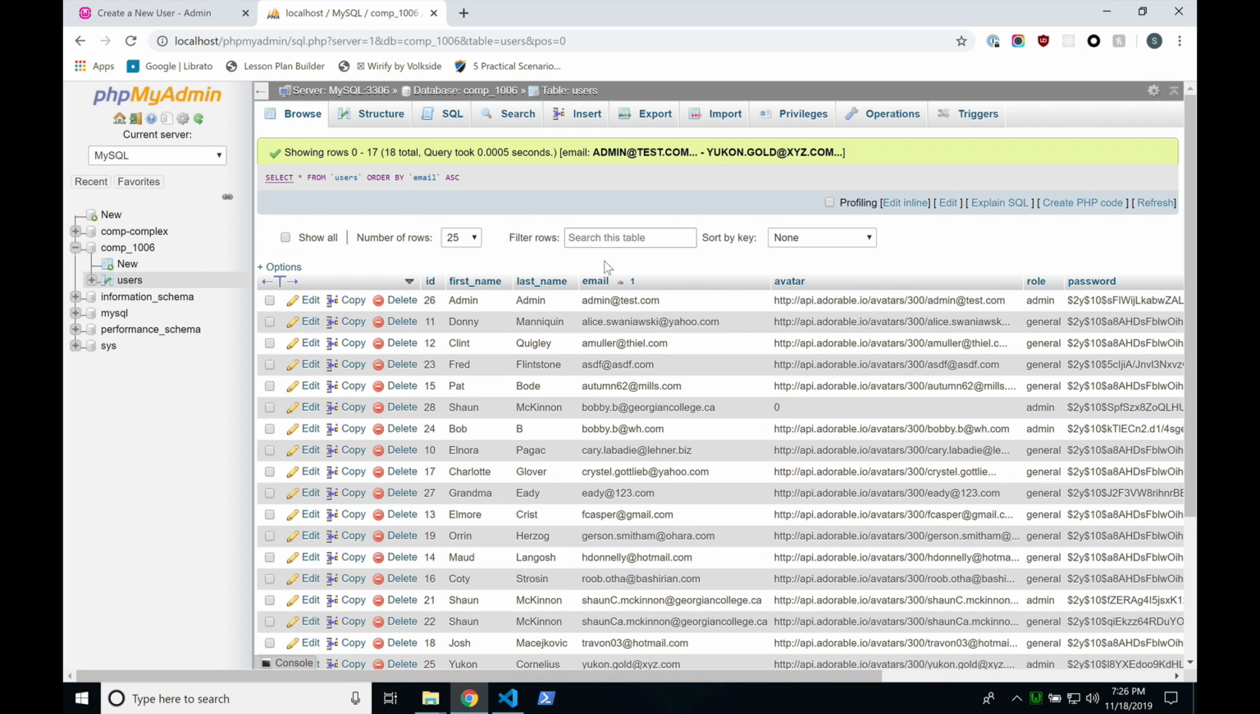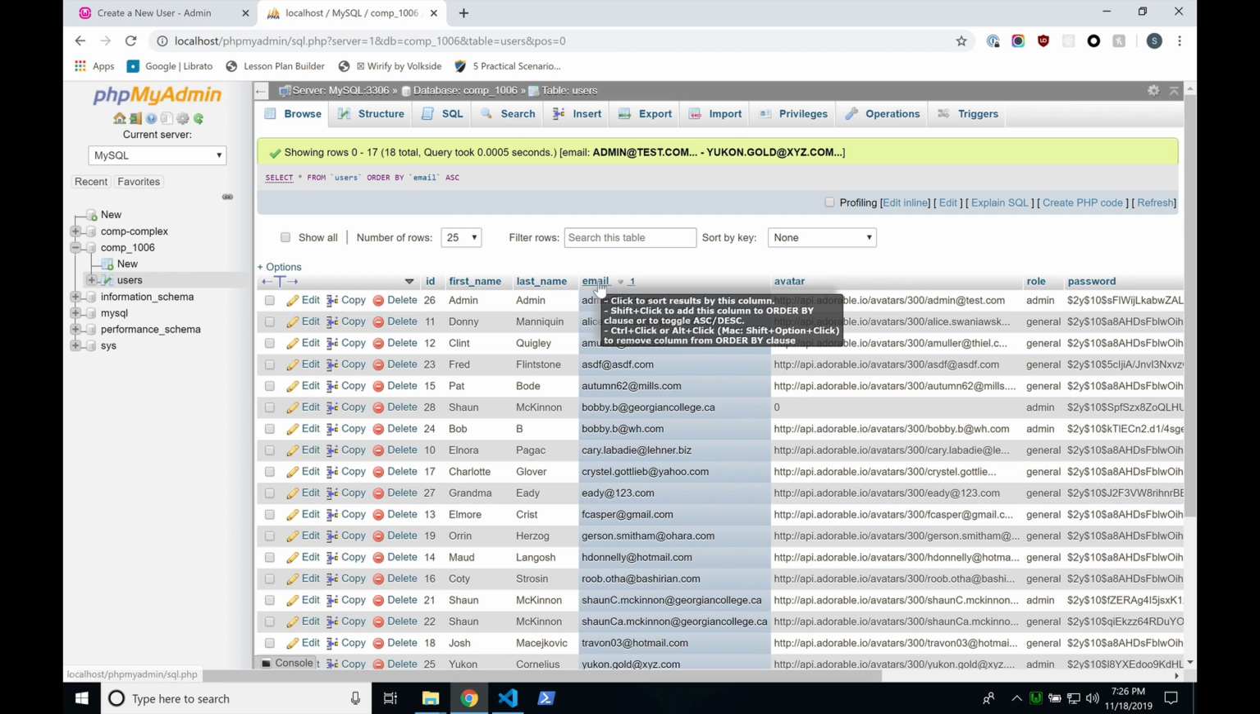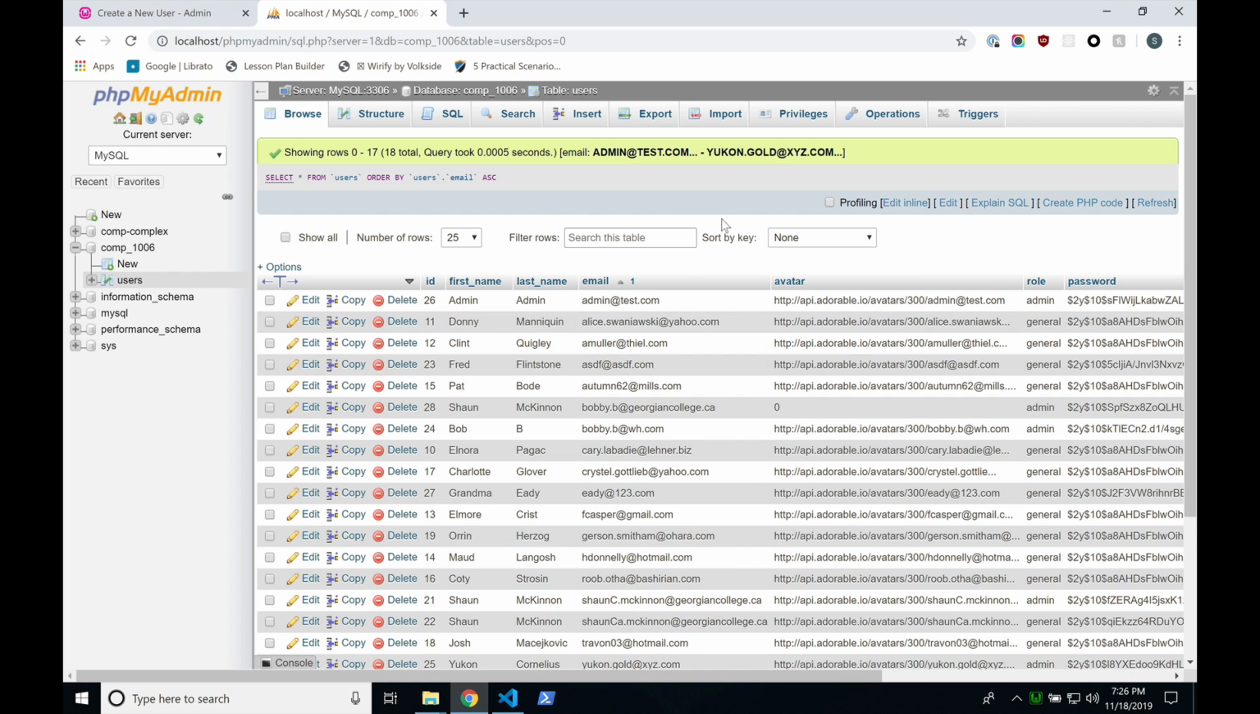The easiest way to do this is to sort the columns. Just click on email so that A's are at the top. So the email address we want to look for is the admin@test.com email address. We want to turn this person into administrator because for you guys, their role is general. We want to make it admin, right? So the way we change it,